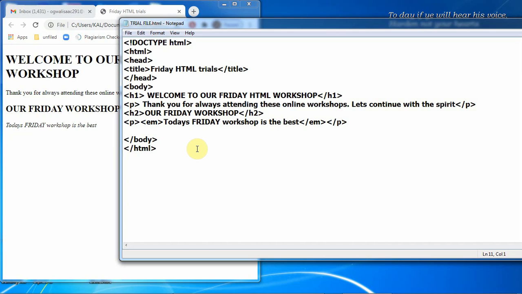So here, what do we do? If you want to create a different text or a different paragraph, you can do that by going to the opening of that particular paragraph tag. Then you say,